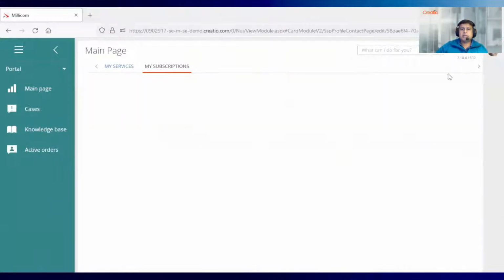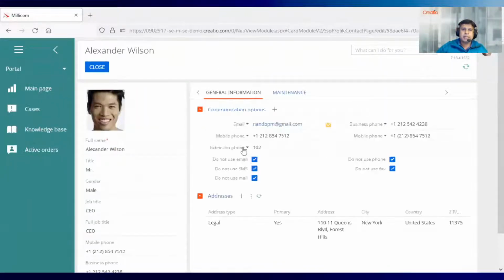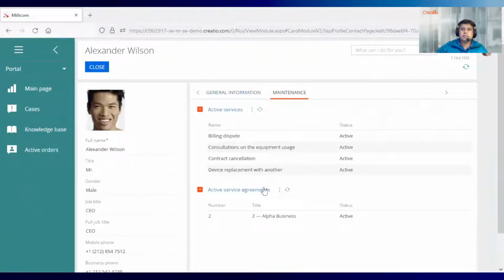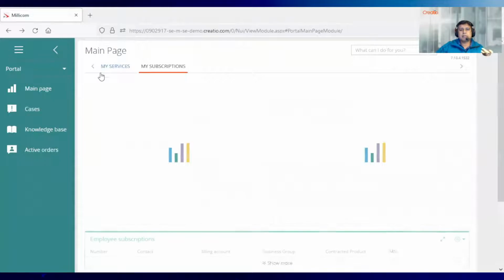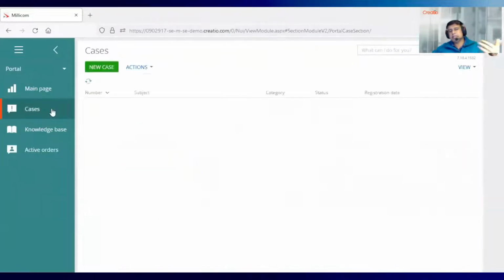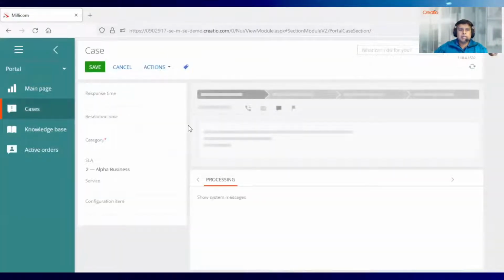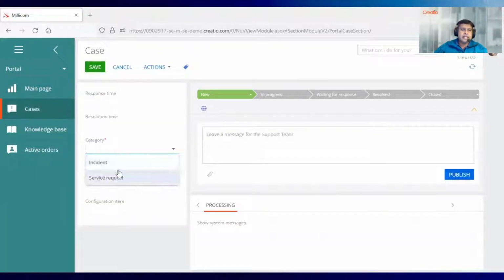At the same time, if they're looking to do case management, they also need to know what kind of services are being rendered. From a given SLA perspective, these are all the services available to them, and also from an incident perspective, such as device replacement and so on. Let's go ahead and create a new case and see how that case is transitioned over to the main application. We start off by creating a service request, and you'll notice that the SLA is automatically identified